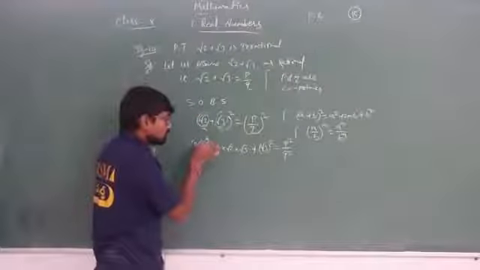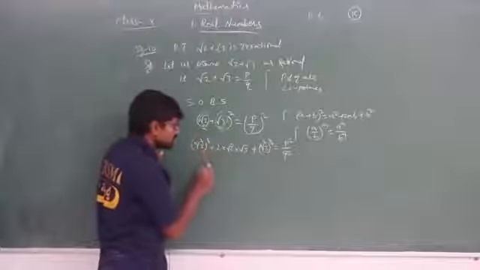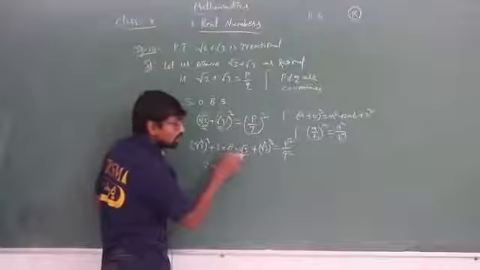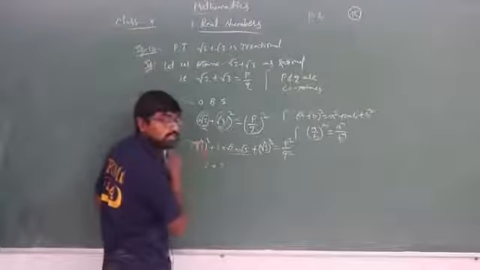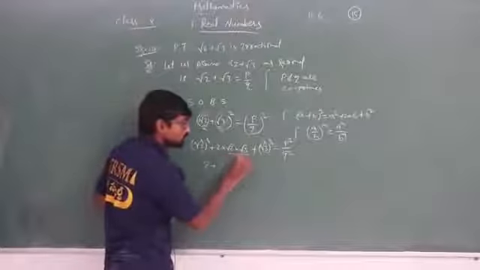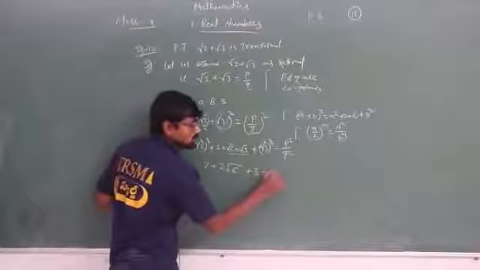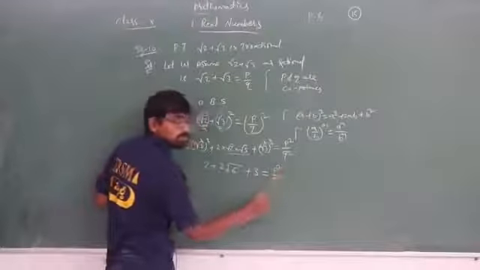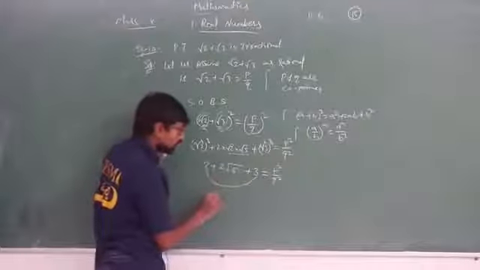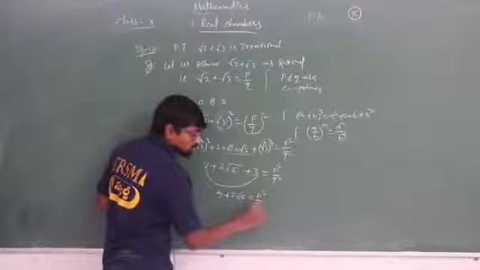Now square and root get cancelled, isn't it? So here we have 2 plus 2, both under root, and in between them we have a multiplication symbol. It means that they both can be multiplied. So under root, 2 threes are 6, plus the remaining 3 is equal to P square divided by Q square. Like terms are these two, 2 plus 3, that is 5. So 5 plus 2 root 6 is equal to P square by Q square.